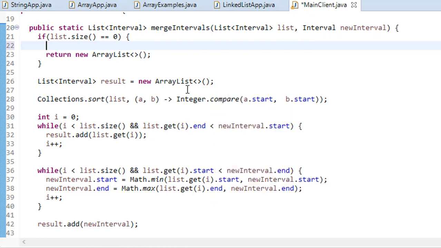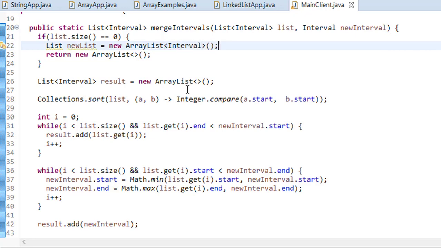So first of all, create a new array list, list new list, and here we can say new array list, where we can pass the intervals.